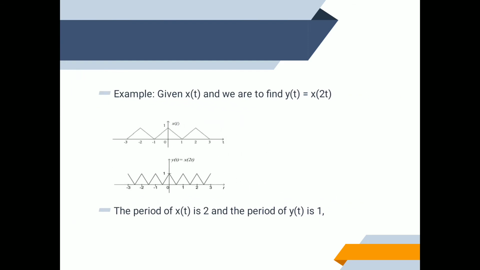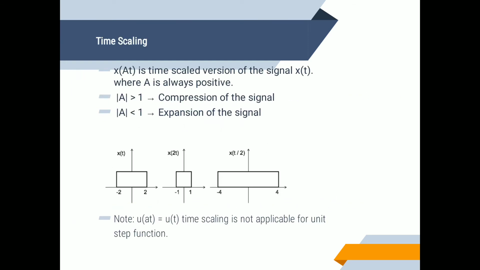Next is time scaling, which may be time expansion or time compression. The time scaling of a signal x(t) can be accomplished by replacing t by at in it. Mathematically, it can be expressed as y(t) equal to x(at). If a greater than 1, it results in time compression by a factor a, and if a less than 1, it results in a time expansion by a factor a, because with that transformation, a point at t in signal x(t) becomes a point at t by a in y(t).